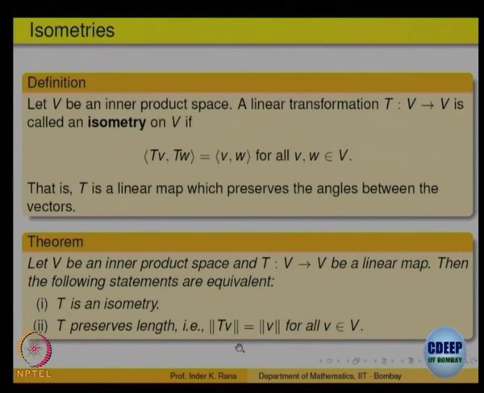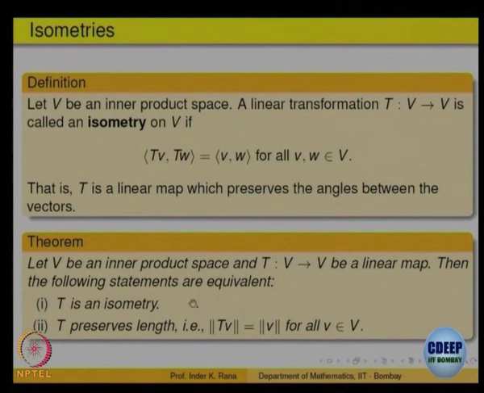For example, when you physically move an object, the shape of the object does not change. That means all the straight lines remain straight lines, angles remain the same, and the distances remain the same. Those are basically called the rigid motions in R3. So this is coming from that. Translation is not a linear transformation, but still it is a rigid motion. Okay. So this is how they arise algebraically.